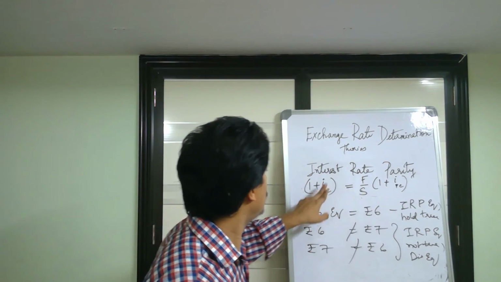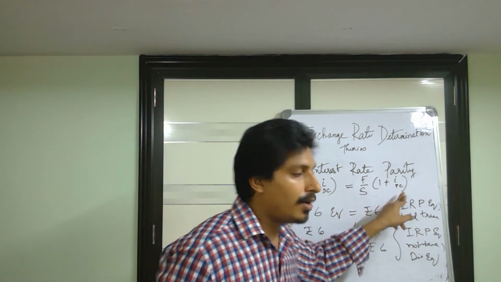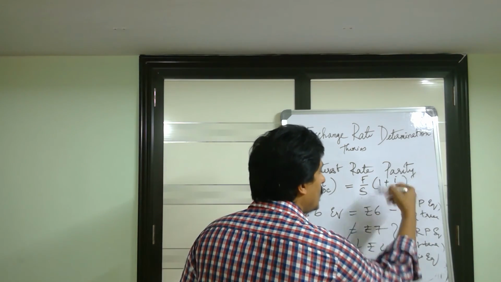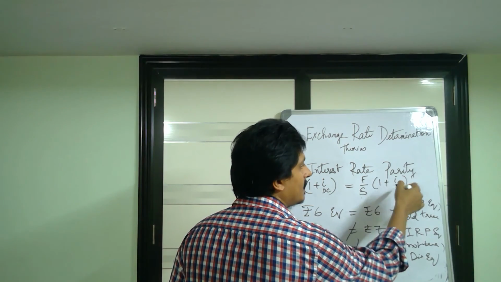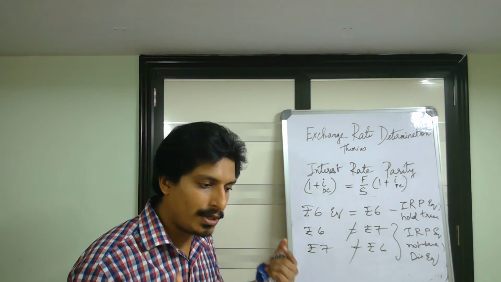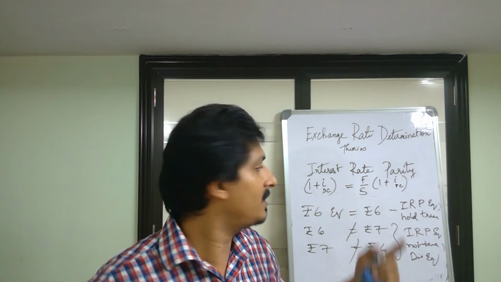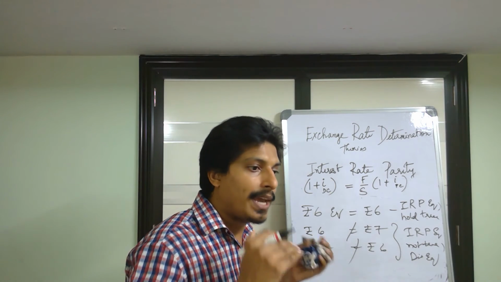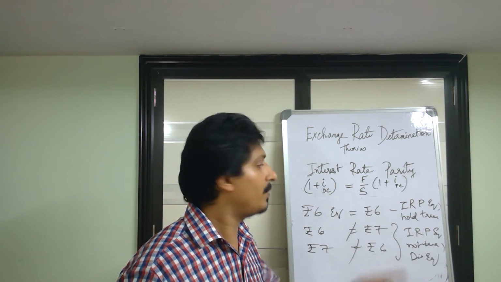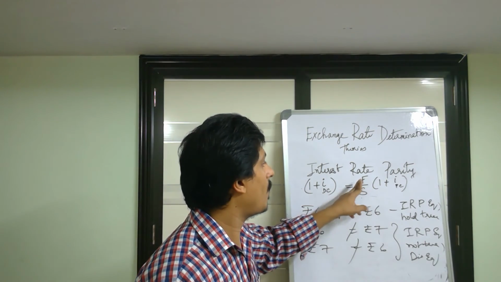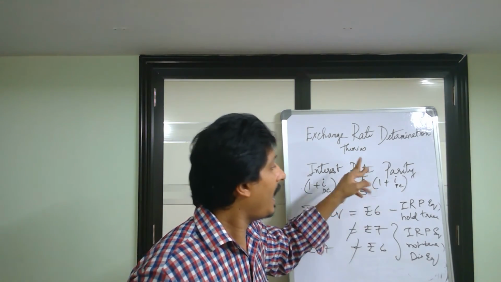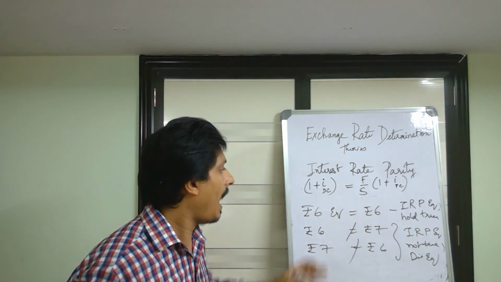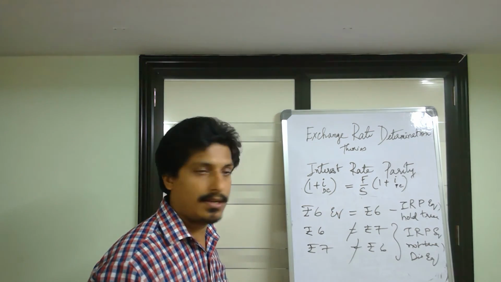In the foreign country, how much is it? In the domestic country, how much is it? Because it is a fixed investment, you know the future value of the return that you get. You know the value: 1 by S into 1 plus IFC, you actually know today how much you will get at the end of the year, because it is a fixed return investment. Which means you can hedge that fixed future value now itself in the forward market. So find out the forward hedge of that future return, and calculate what return you will get in the two countries.